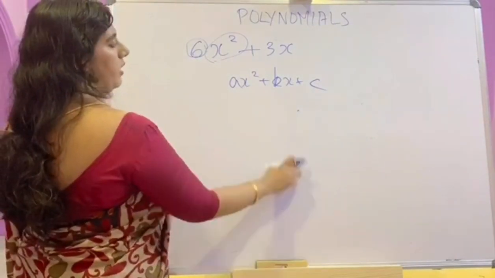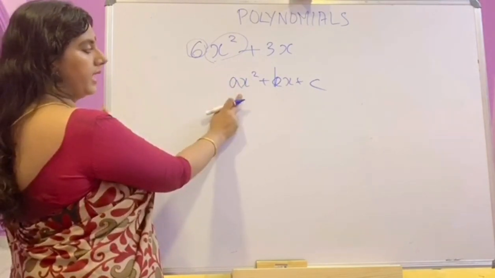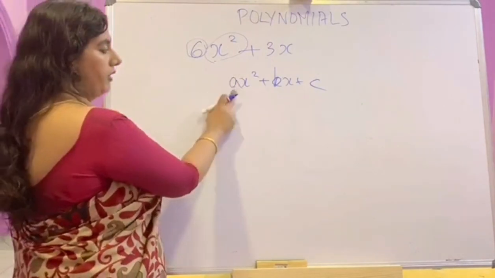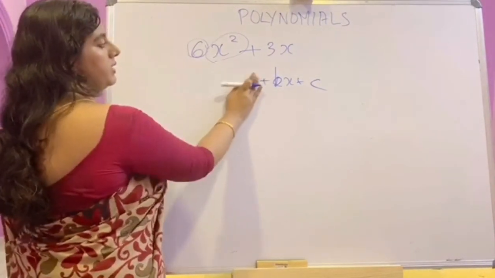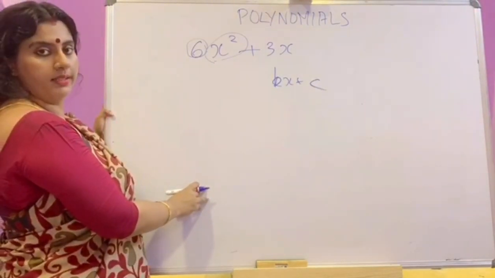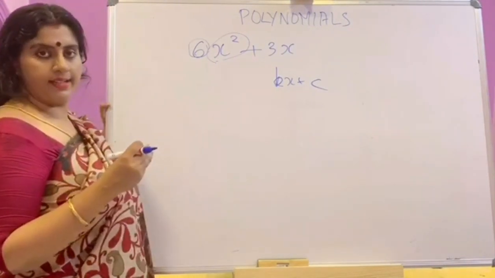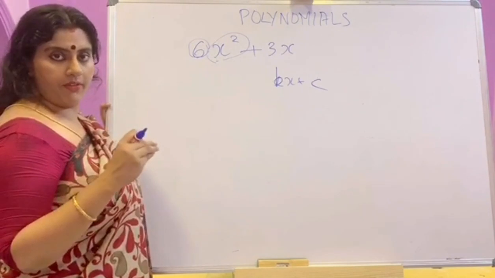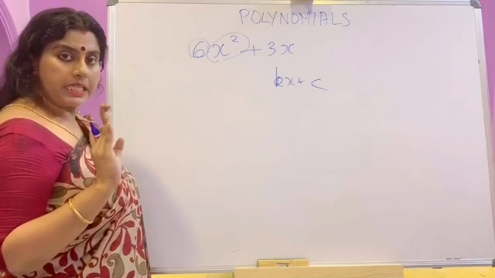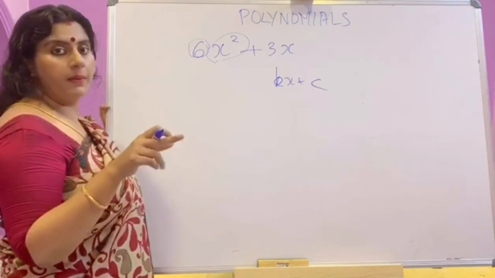here if you need it to be in the second degree, that is a quadratic polynomial, you must check that x square's coefficient is never 0. If it becomes 0, then it will turn into a first degree polynomial, that is a linear polynomial. So always check, if the degree is given, the coefficient along with that power must not be 0. If it is 0, then the whole term will become 0.